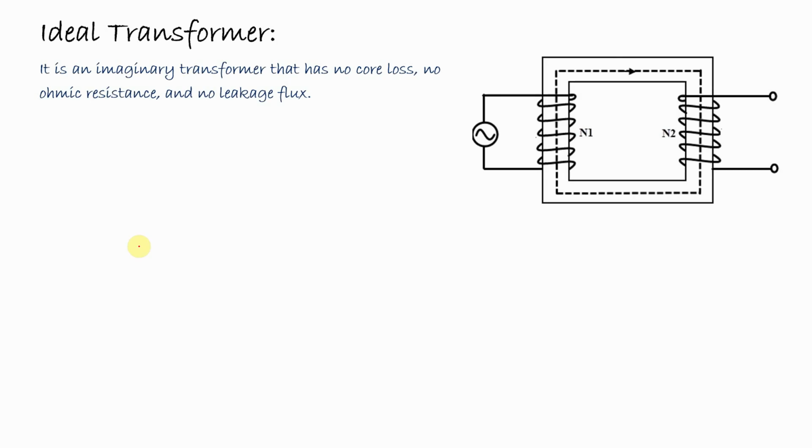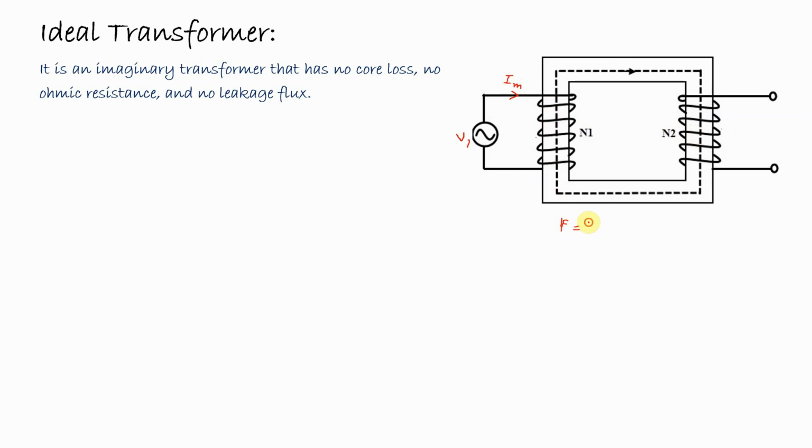Now, this is the schematic diagram of the transformer. We have already discussed in the previous lecture that if we apply a voltage V1 in the primary winding, and the secondary circuit is open, then a current will flow through the primary winding. This is represented as Im, the magnetizing current. Here N1 is the number of turns in the primary winding and N2 is the number of turns in the secondary winding. Now when the current Im circulates through this coil, a magnetomotive force is developed.